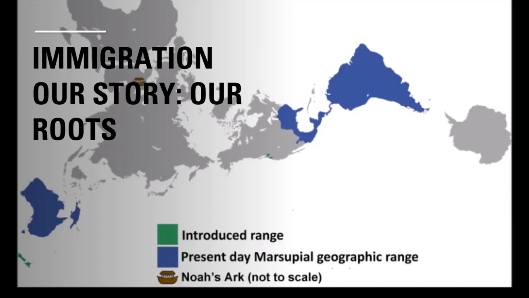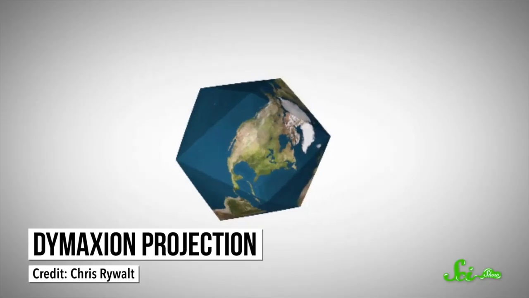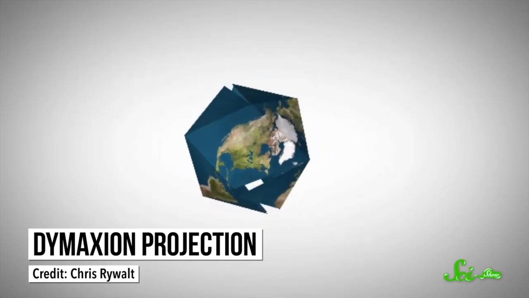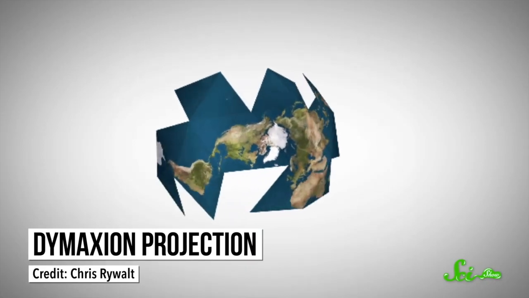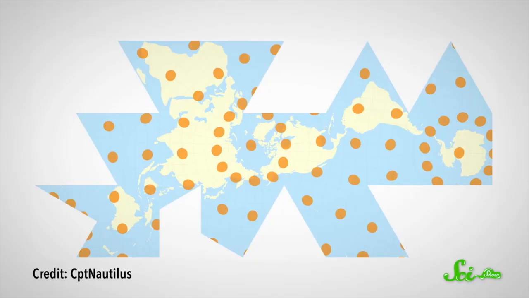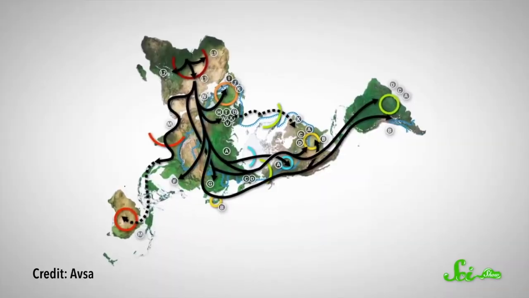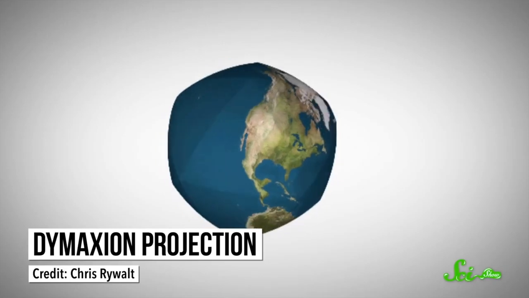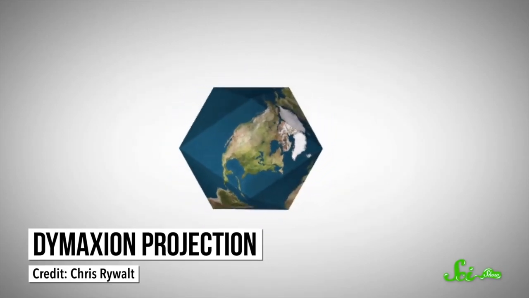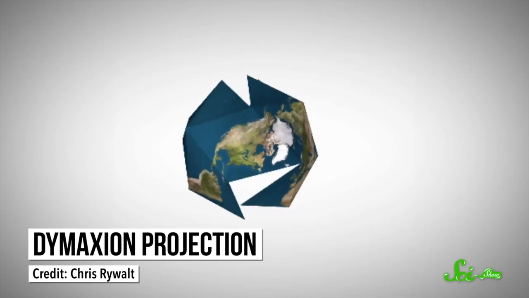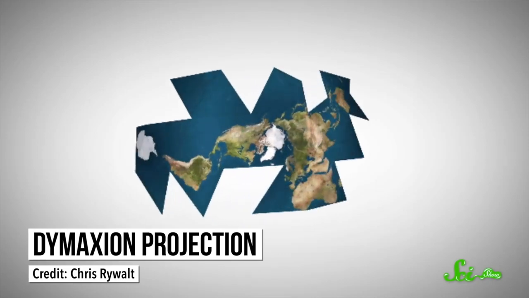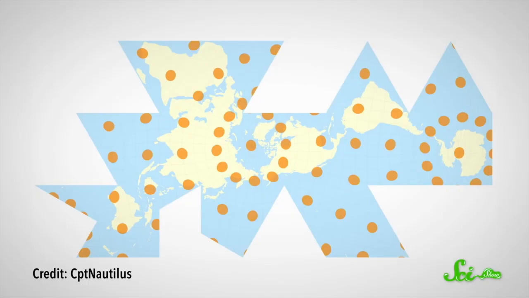No? Kasi sabi, di ba, lagi may pair of species that was in the Ark. So how did Noah account for all the species? And the map that I will most probably use in this part of our discussion would be your Dymaxion maps. No? These Dymaxion maps are actually really good in predicting human migration, or can be really helpful in mapping human migration, because it shows how weirdly connected the land masses of the world are.